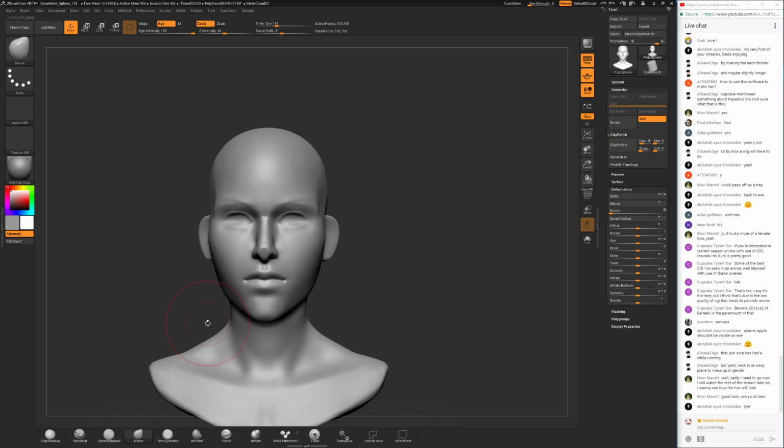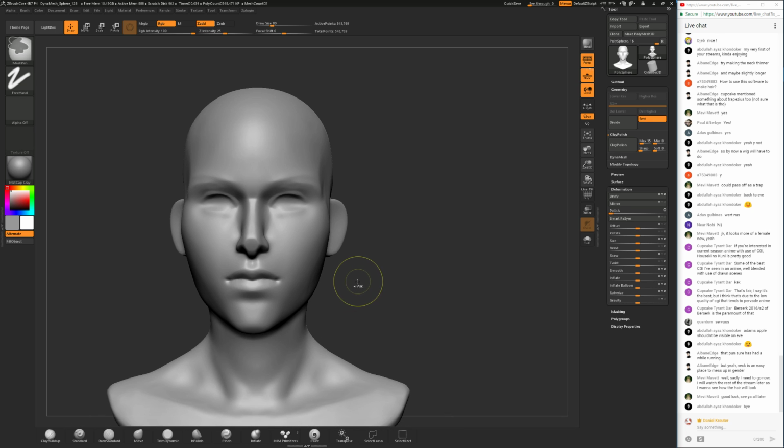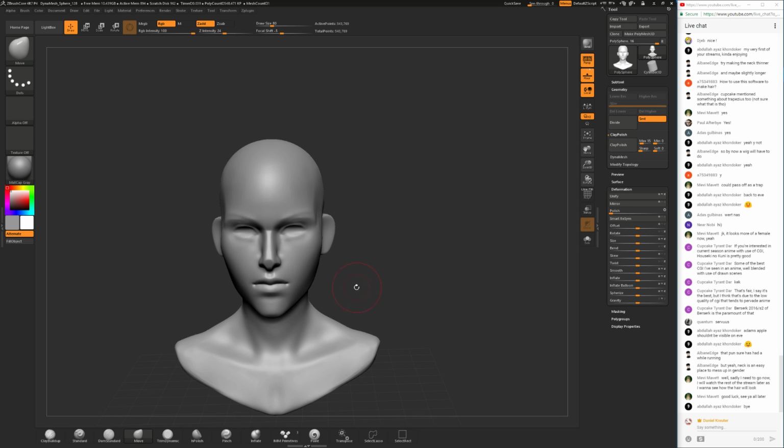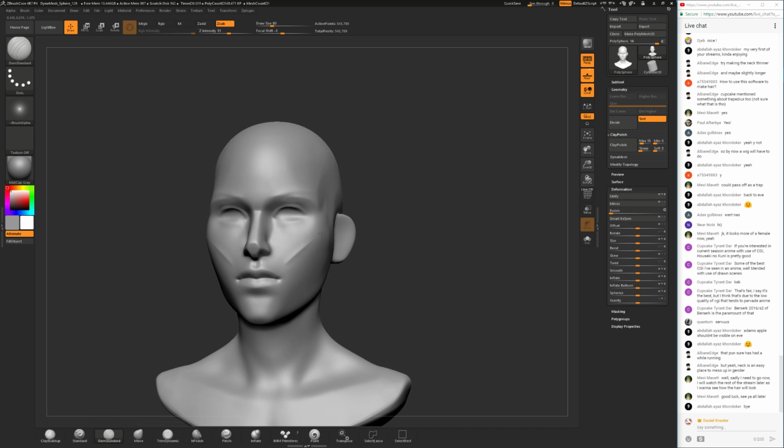Okay, we're probably a bit back on the male side of things. Although I didn't really change much in the end. But anyways, I want to move on to hair now, just so that I have a little bit of experience there too.